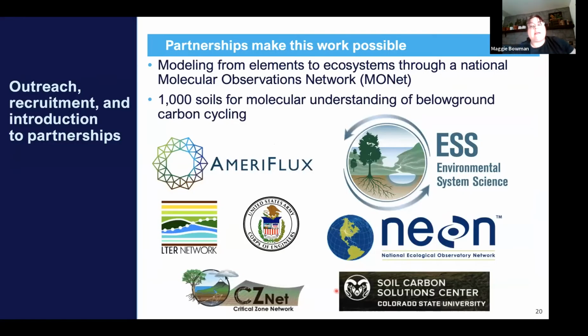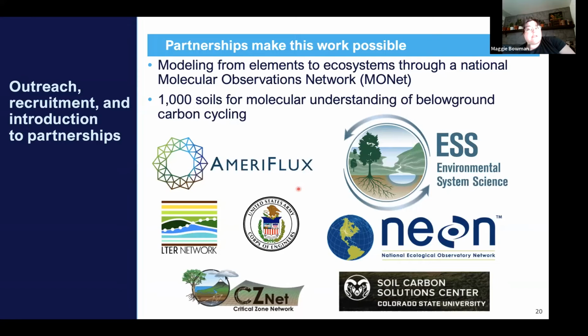And then again, John kind of hit on this earlier, but the thing that really makes all of this work is that we are working with an established set of networks as well as individual PIs. And for this, we are in our final round of sampling with NEON. And so we will have soil cores collected from all of the NEON sites, which is a really great breadth, as well as we're working with AmeriFlux to get, I think they have 44 core sites. And so we're starting that collection partnership, as well as a bunch of Earth system science partnerships, including science focus areas and river corridor projects.